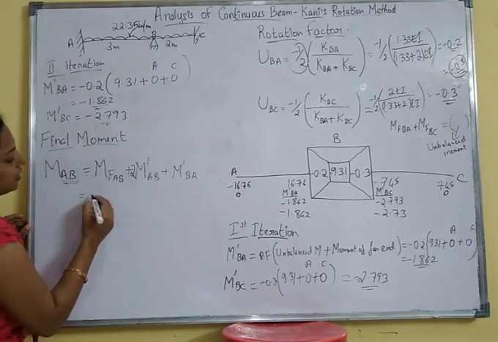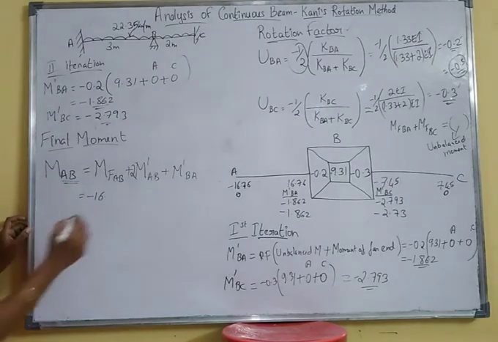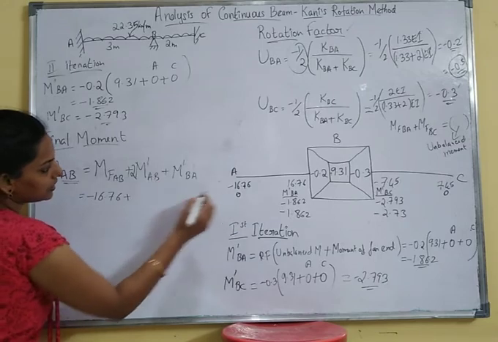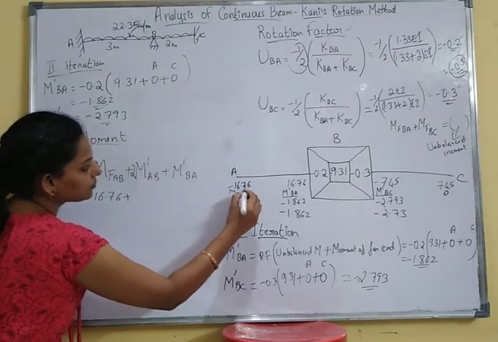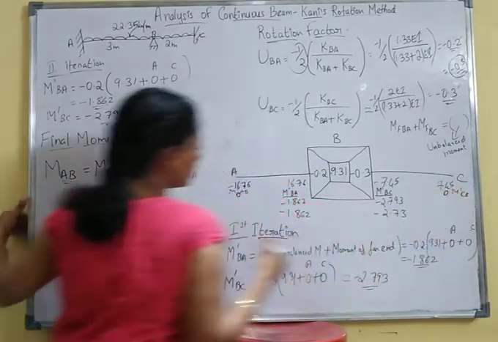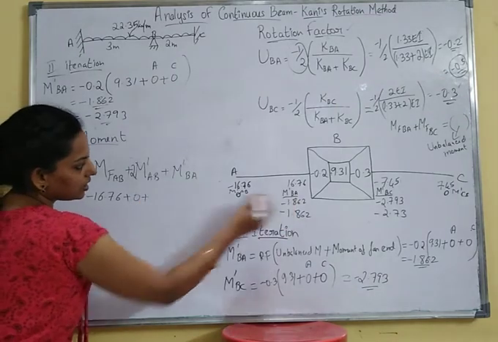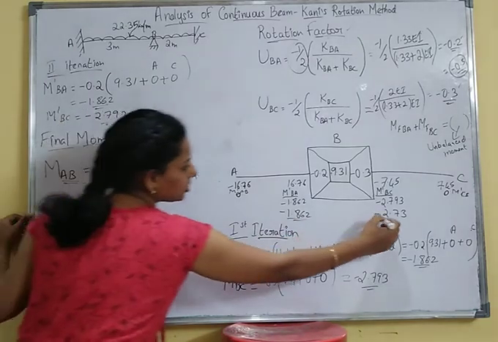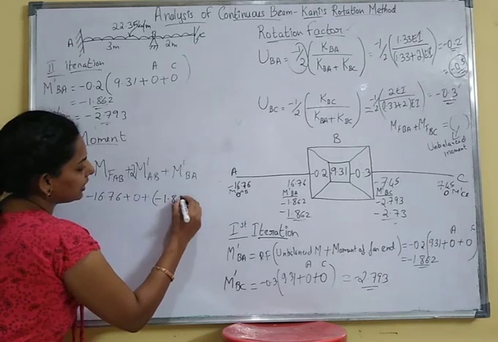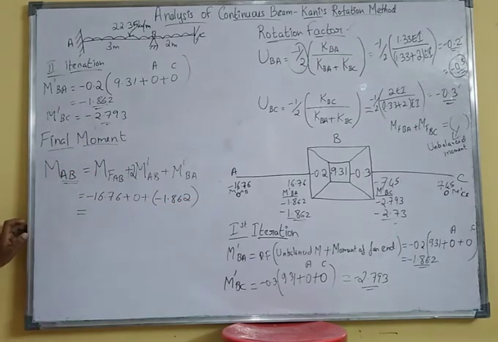What is the fixed end moment? You have minus 16.76 plus m dash AB, which is 0, plus m dash BA. Consider the last iteration value, that is minus 1.862. Calculate, you will have